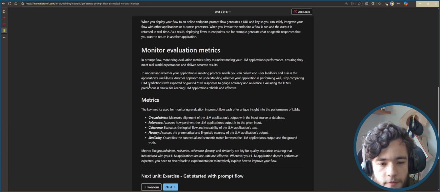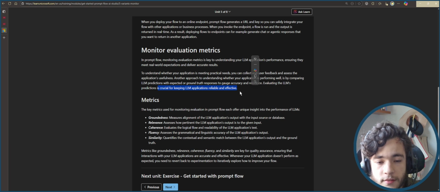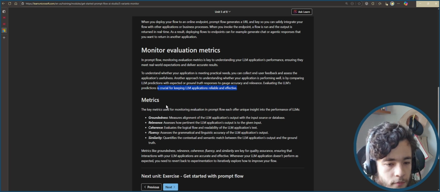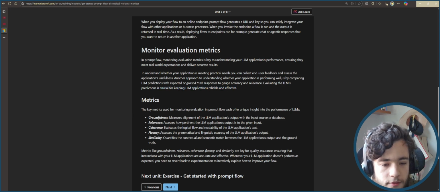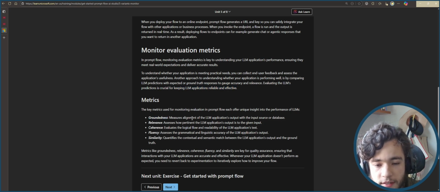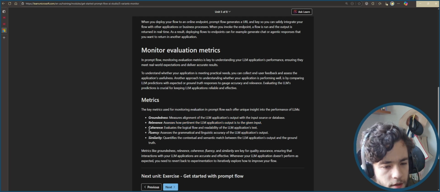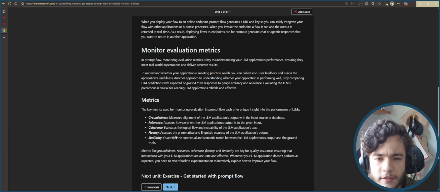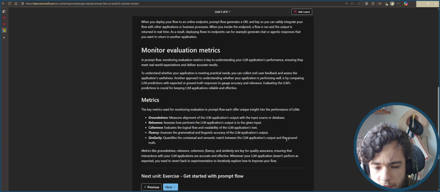Yep, it's crucial for keeping LLM applications reliable and effective. Here are some key metrics. So groundedness, which is how much it's aligned with the input source or database. Relevance, which is how pertinent it is. Coherence, fluency, and similarity. I believe we also talked about these factors here in